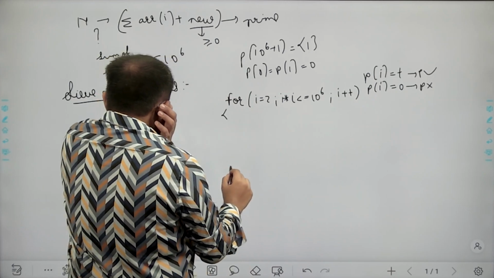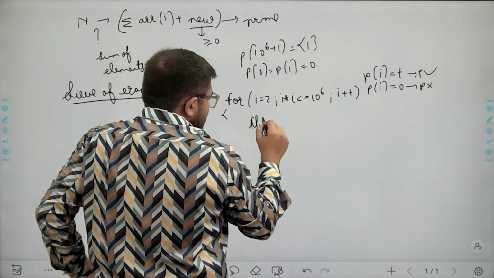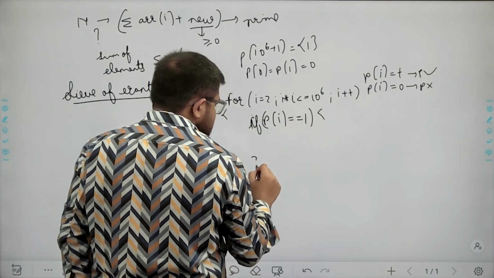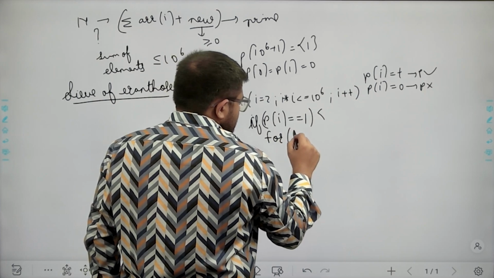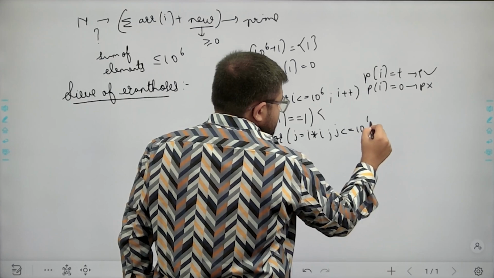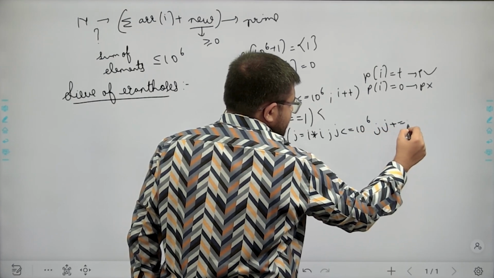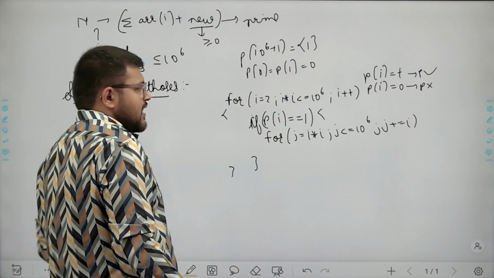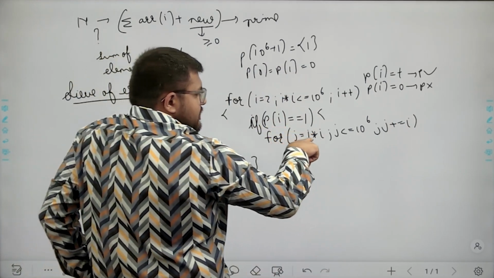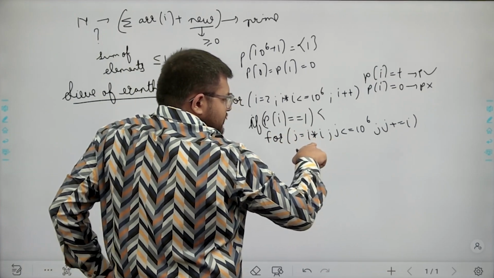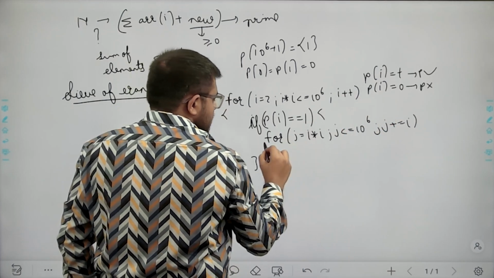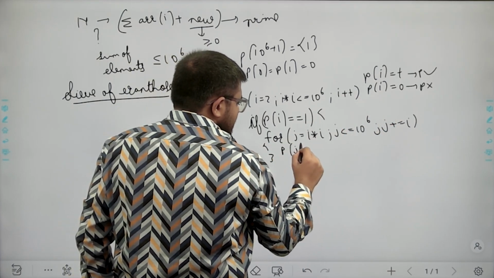And if p of i is 1, meaning i is a prime number, then we run another for loop from i square to 10 to the power 6, with j plus equals i, basically all the multiples of i starting from i square. So if i is a prime number, we mark all the multiples of i starting from i square. So i square, then plus i, i square plus 2i, all of them we mark as p of j equals 0.